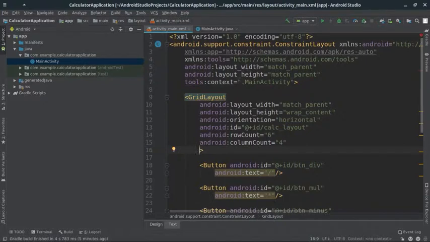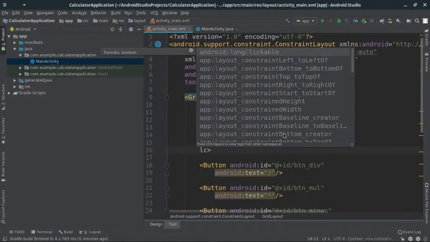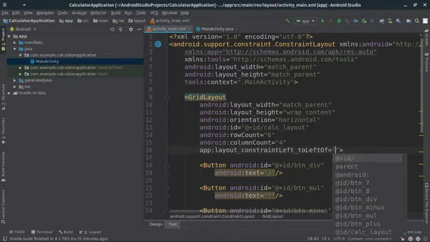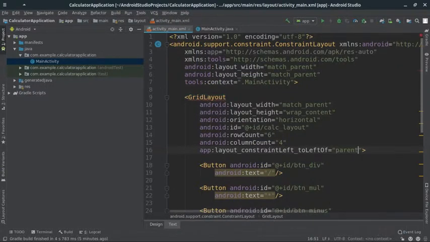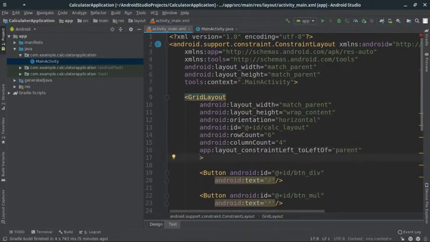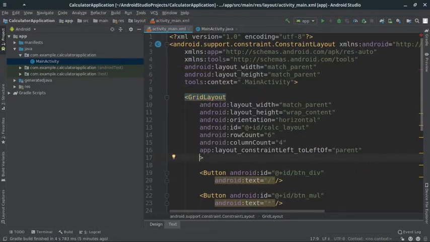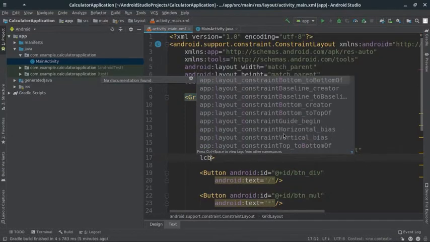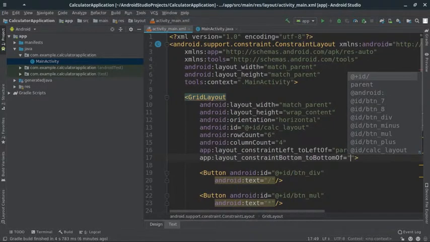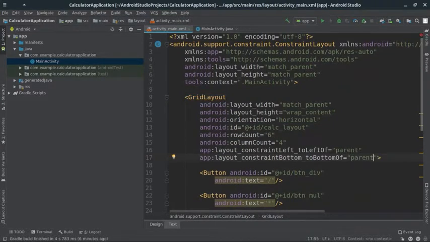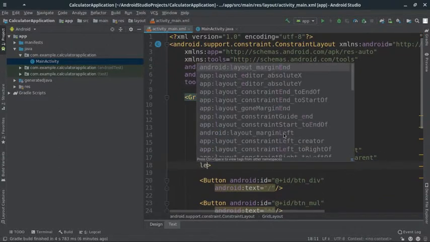For this purpose, add layout constraint left to left of parent. Okay, and another we have to add vertical constraint to it. For this purpose we will add bottom, no, set layout constraint bottom to bottom of parent. Okay, and also add margin to it, layout margin